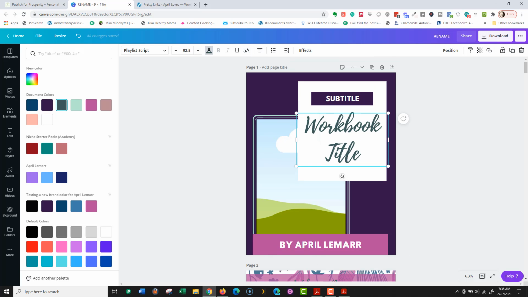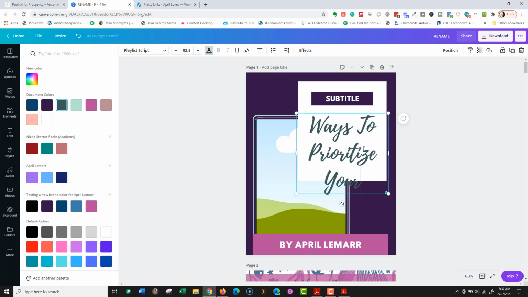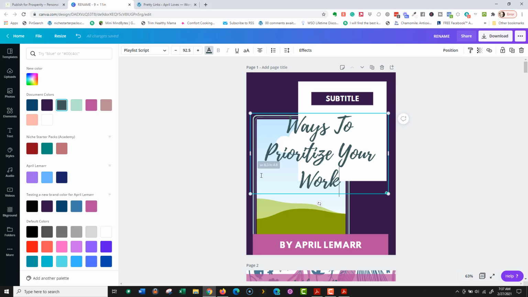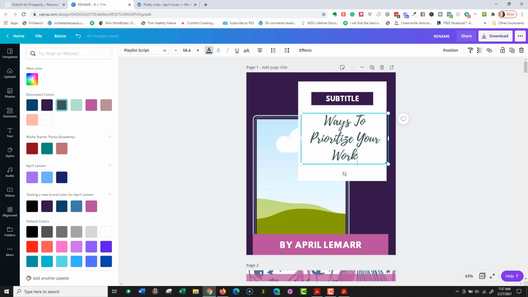Okay, so then ways to prioritize your work. So I could use it like this, or what I could do is take this and put it up here. And one easy way to change things is just to use these little guides, and then